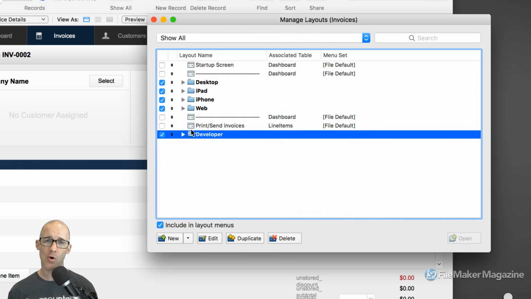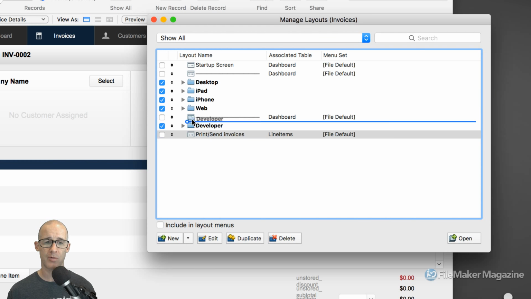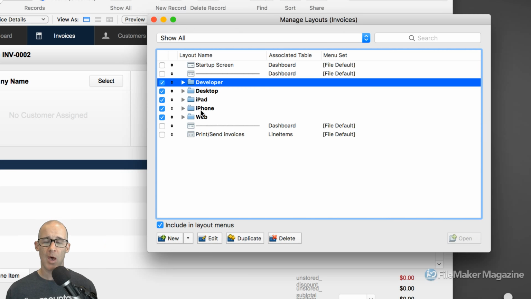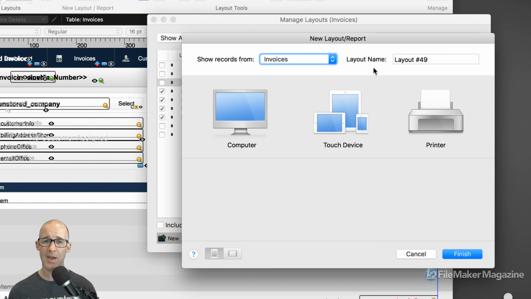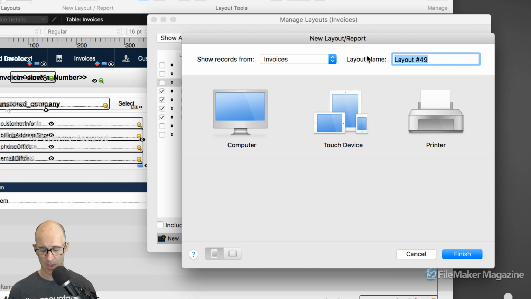Now this is a folder for me as the developer in this solution to store. I didn't want to move that one. I wanted to drag this one right here up. This is for me to store layouts that only I am ever going to be able to see. In fact, I'm going to intentionally turn this off, and now I'm just going to create a new layout. That new layout can be based off of the invoices table occurrence, which in turn points to the invoices table. And the way that I typically name my developer layouts is with the @ symbol. It's just a standard that I had created a while back, and I always name the developer layout, which is what we're creating right now,